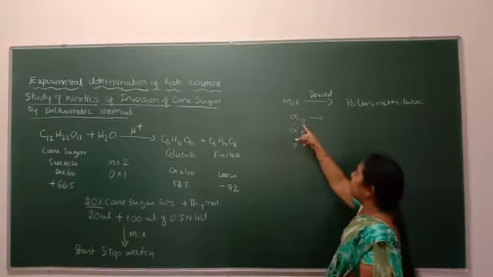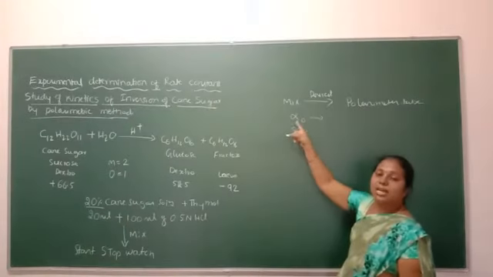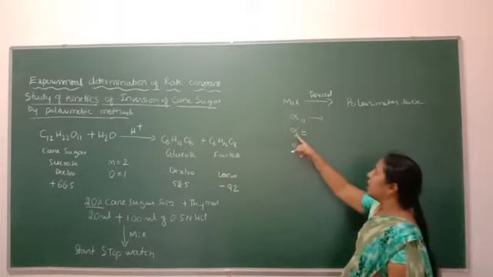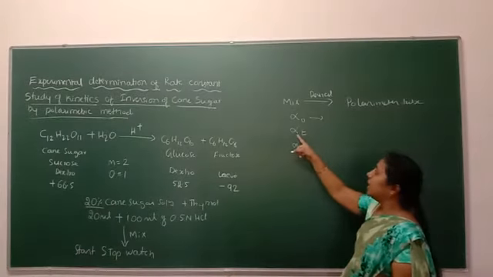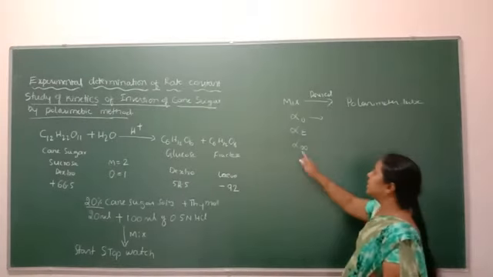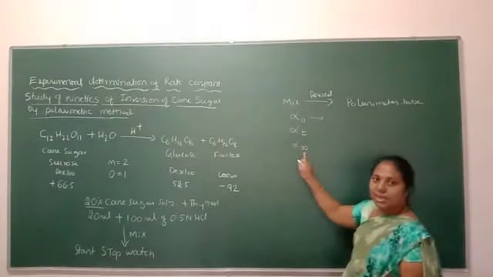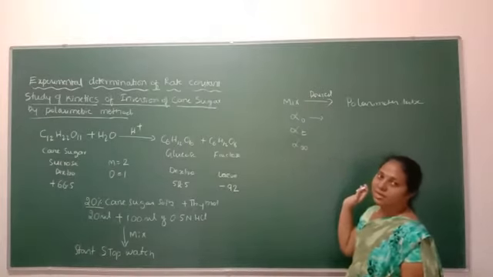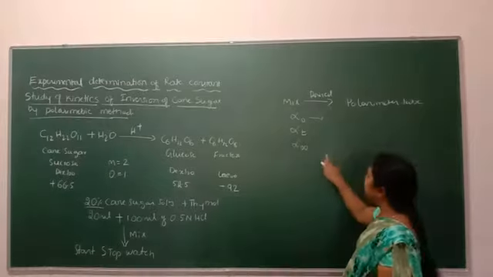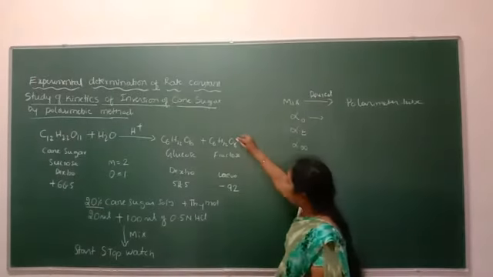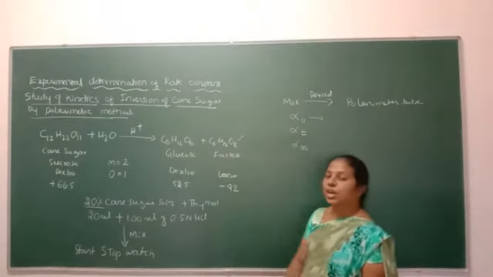So alpha naught can be taken as the angle of rotation at 0 time or at the beginning of the reaction, and alpha t is the angle of rotation at different time intervals in the interval of 5 minutes. And alpha infinity can be taken as the angle of rotation at infinite time or at the completion of the reaction. After measuring all these, since this reaction follows first order kinetics,